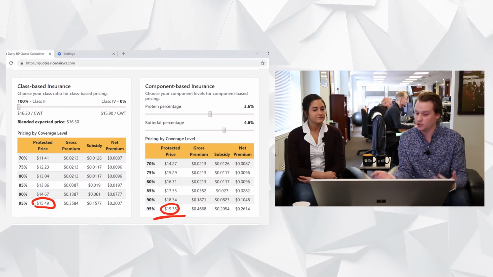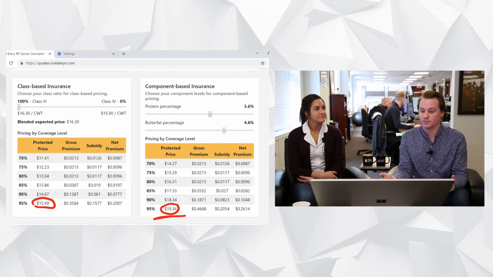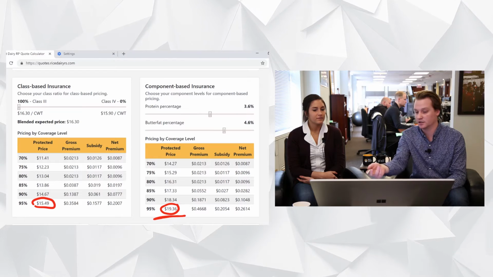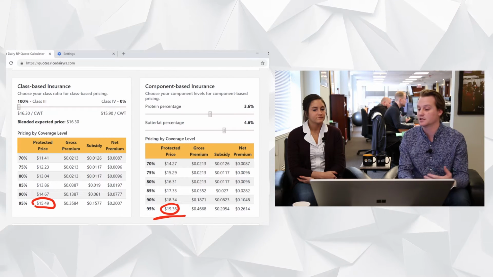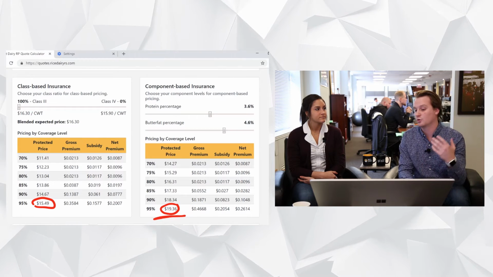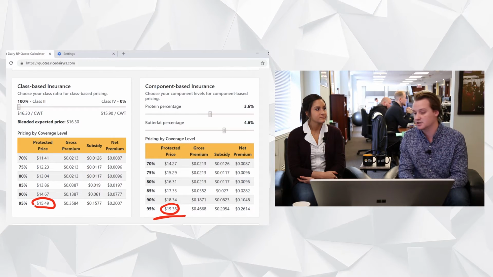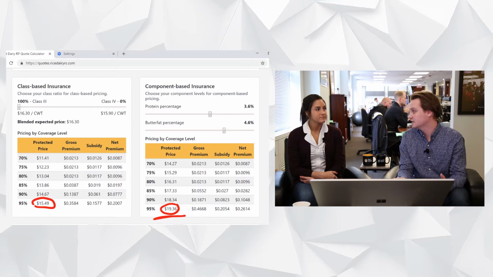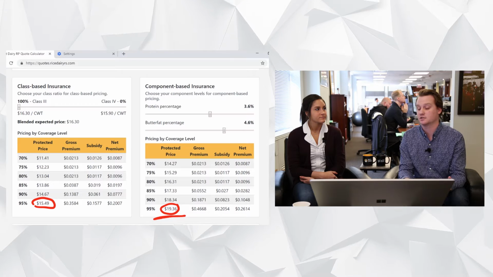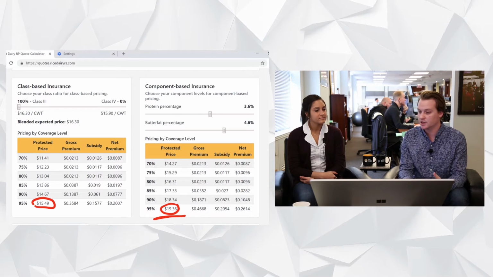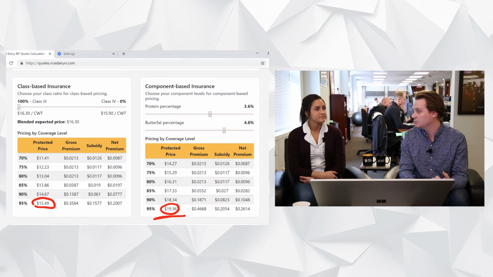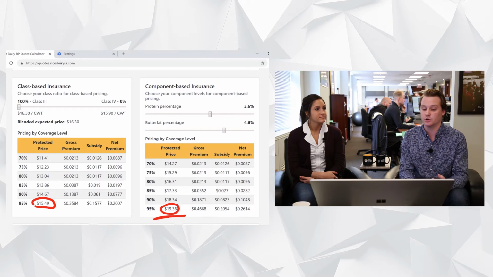So why you would be choosing one or the other, if you are a high component herd, like this situation would be, now depends on how your milk check is formed. So if you're Wisconsin or Idaho, high class 3 states, going 100% component makes sense. Now if you're a Jersey herd in California where you have a high class 4 price in your milk check, component-based price makes sense to cover that class 3 portion, but you're leaving yourself exposed to a lot of that